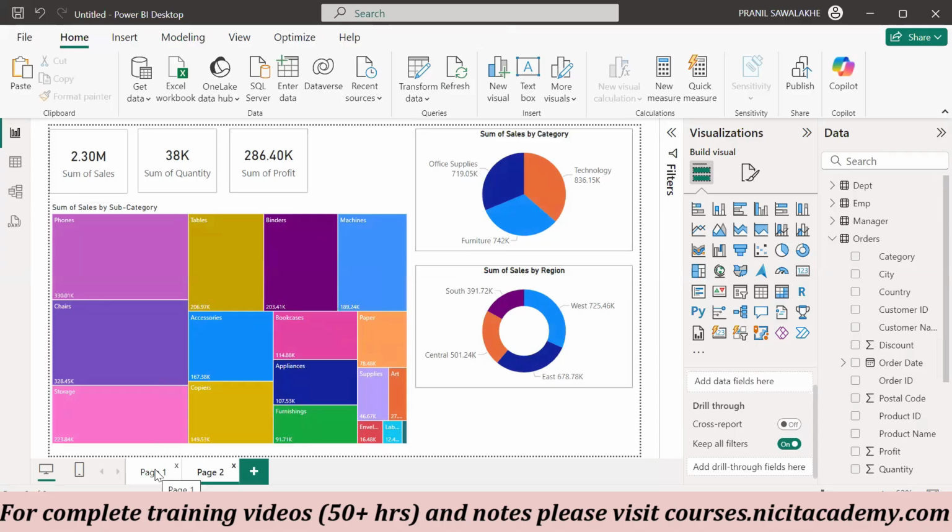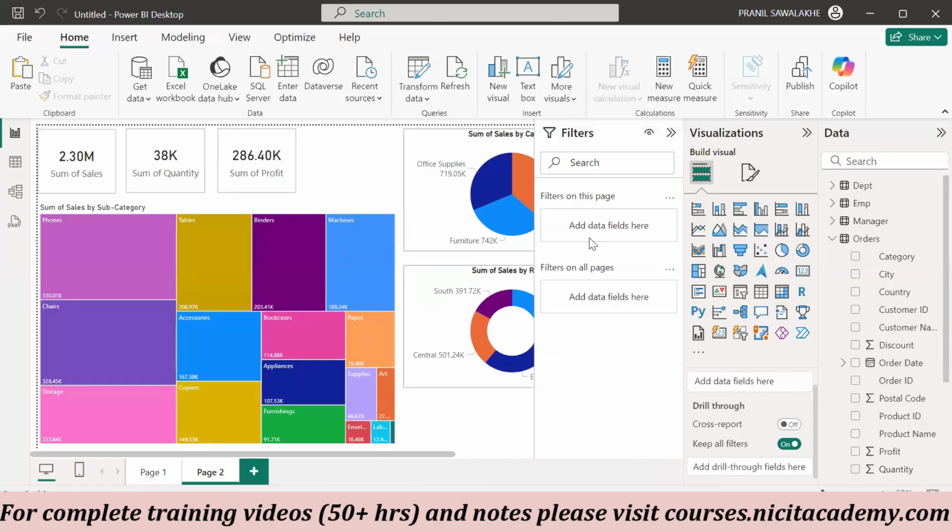So let's imagine we have 4 or 5 pages with different data. For those 5 pages, if I want to apply a single filter, like a region filter, so that all pages only show the central region data, what do I need to do in this kind of condition? I need to go to the filters on this page visual. This works only on this page, page number 2. If I want to apply the central region filter to page 2, then simply what I need to do